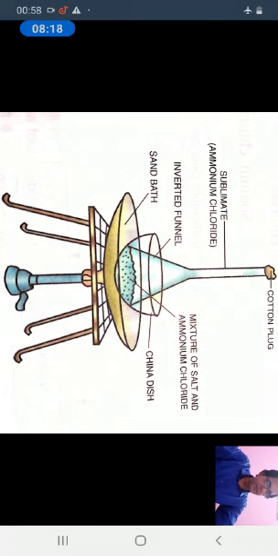What is the intermediate state? Liquid state. For example, a mixture of ammonium chloride and common salt can be separated by this method. We take the mixture of ammonium chloride and common salt in a china dish, cover it with an inverted funnel, and its open end is closed with cotton wool. You may see in the figure.